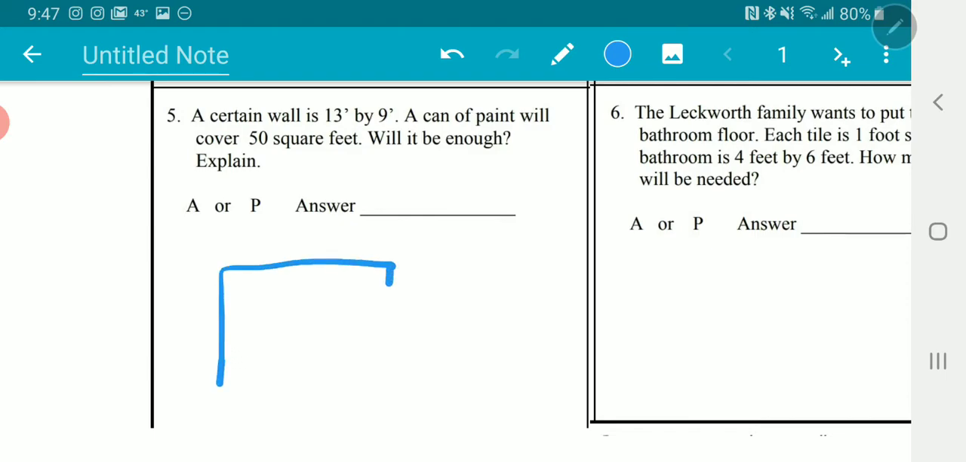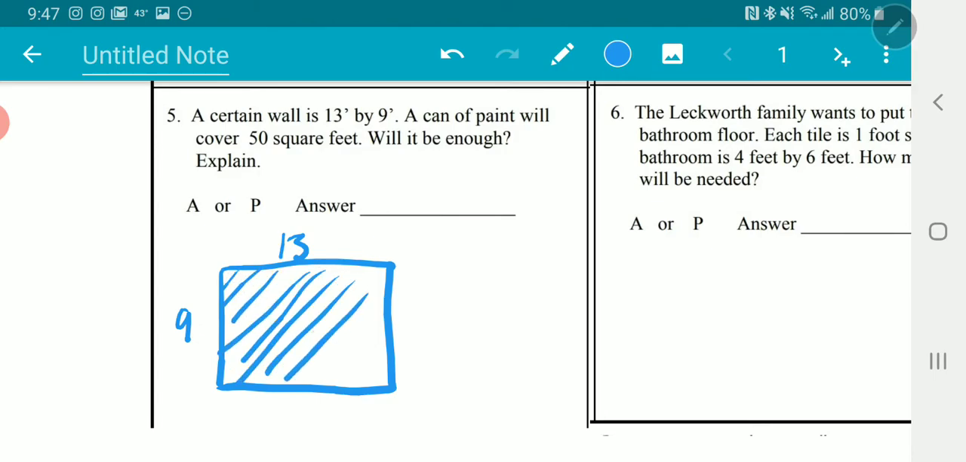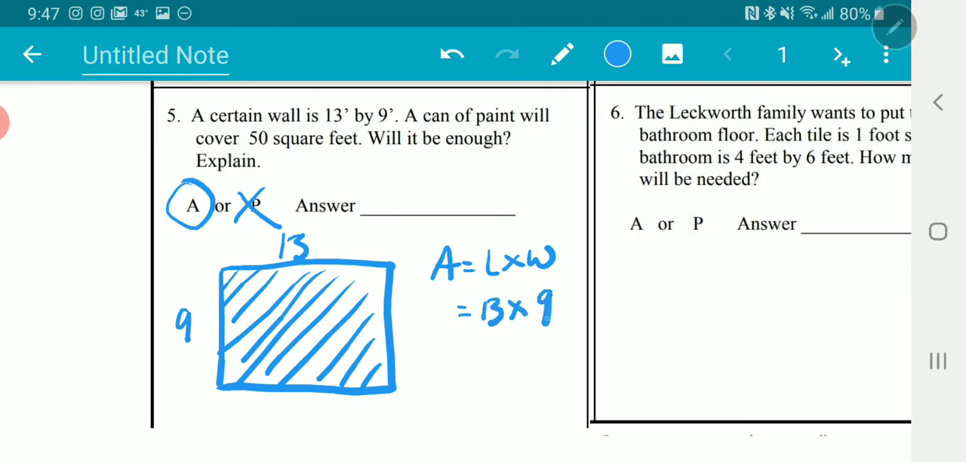So if this is my wall, it tells me my wall is 9 feet by 13 feet. So if I want to paint everything on this wall, that's not the outside of the wall anymore. So it's not going to be perimeter. It's going to end up being area. I want to paint that space that fills that shape, okay? So my area formula for rectangles and squares is going to be your length times your width. Well, my length is 13 times my width of 9. So 13 times 9 is going to get us